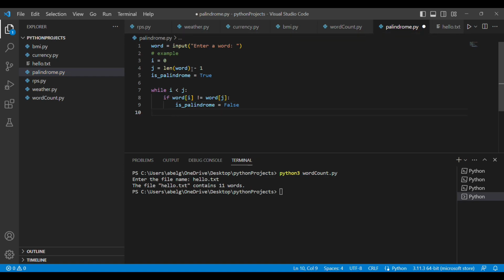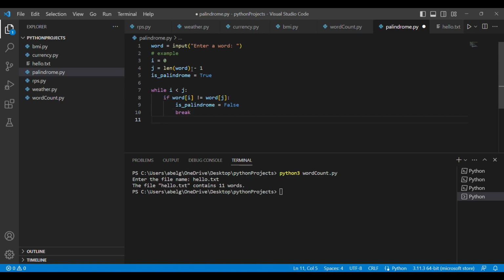And once we set it to false, we're going to be using a break statement. What does a break statement do? As soon as our code reaches a break statement, that means it's going to exit whatever loop it's in. So if we have break here, that means when a character is found to be different, it's going to set isPalindrome to false, and it's going to break our loop. So it's going to get out of our loop. So that is what we want to do.